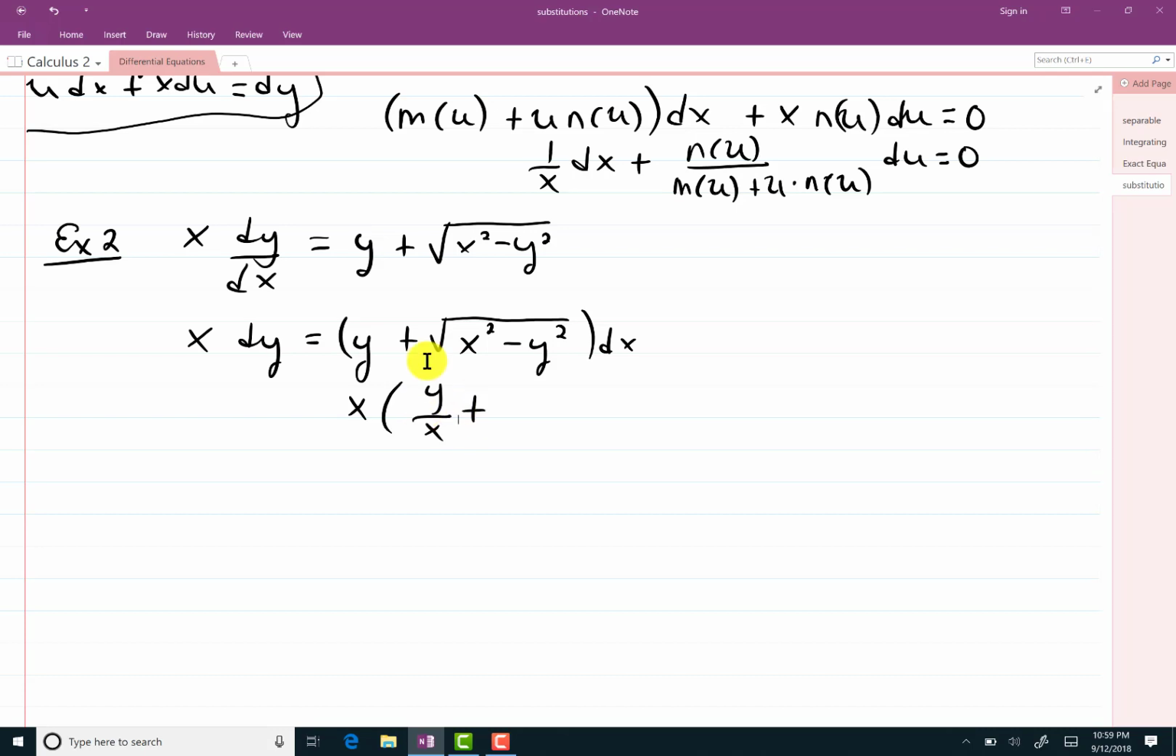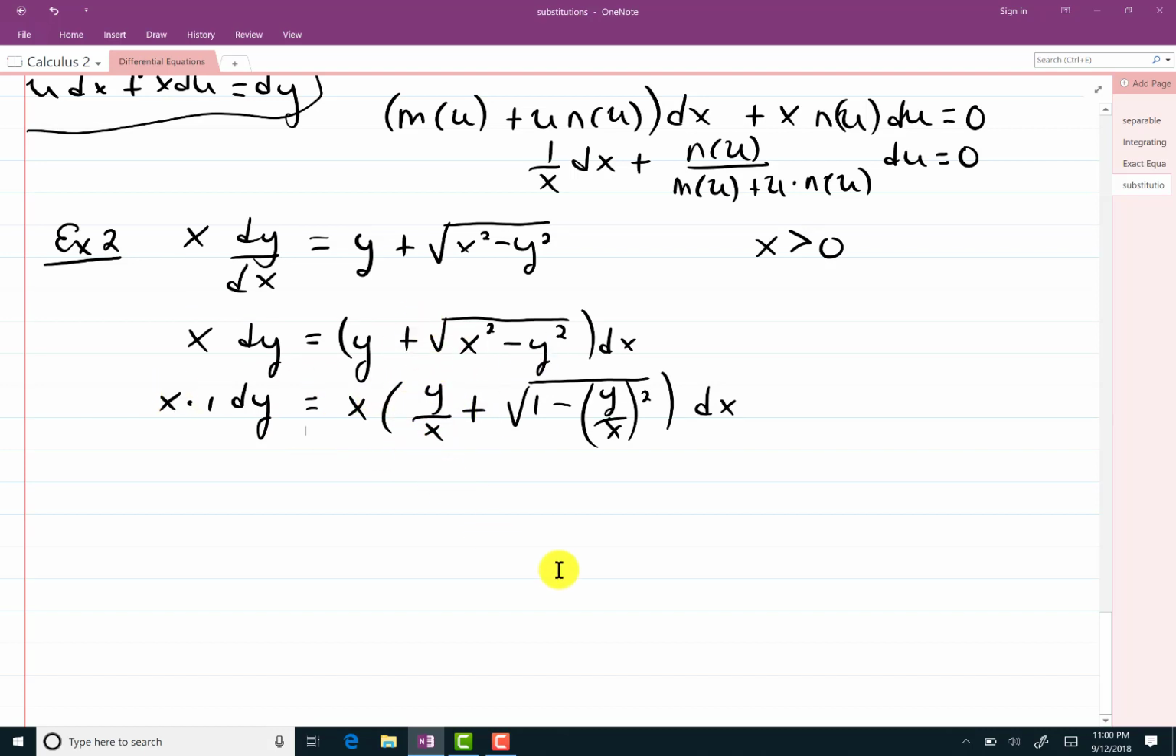I forgot a crucial piece of information, which is that x is greater than 0. If I factor out an x from this part of it, then, since x is greater than 0, we'll get the square root of 1 minus y over x, and that quantity will be squared, dx. Since you can see an x being able to be pulled out of both of them, and there's my u sitting right there, I will let u equal y over x,